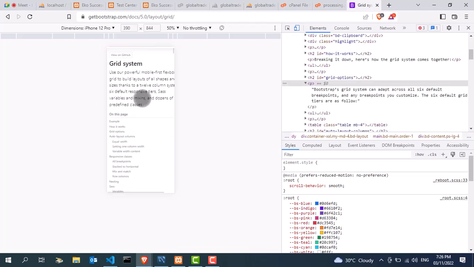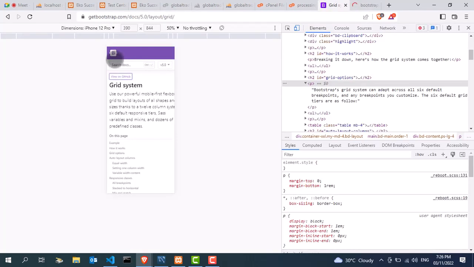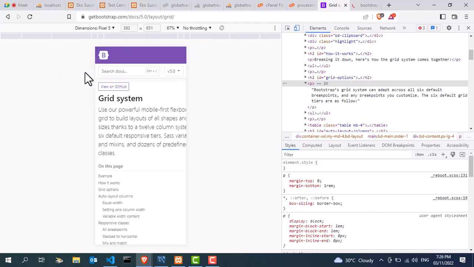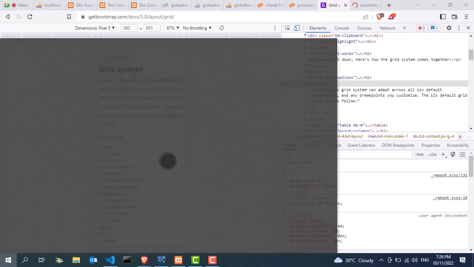So if someone is using a mobile phone now, here too you can change the kind of phone that you're using. That was for iPhone 12 Pro. So let's say this Pixel 5, that's Google Pixel 5. So this will be your home view. You are using Pixel 5,